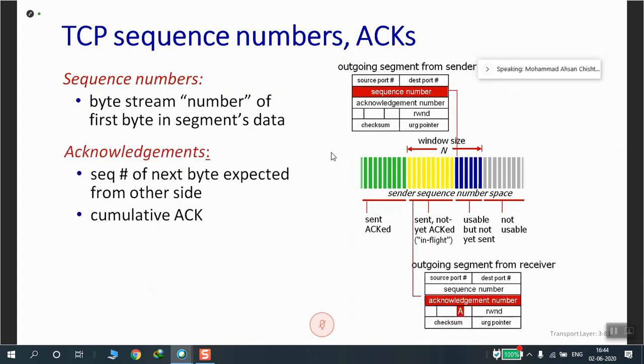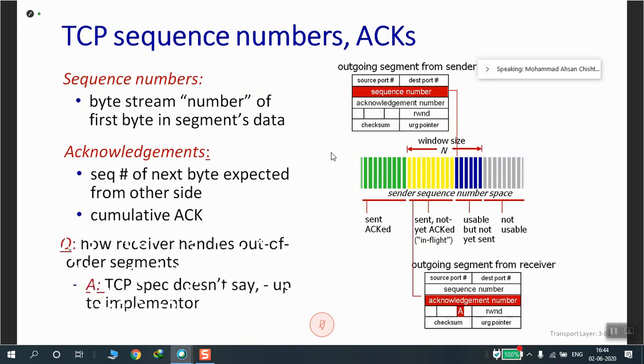You have sent a sequence number of a packet, and you expect an acknowledgement number which can be for this packet or it can be the other packet.